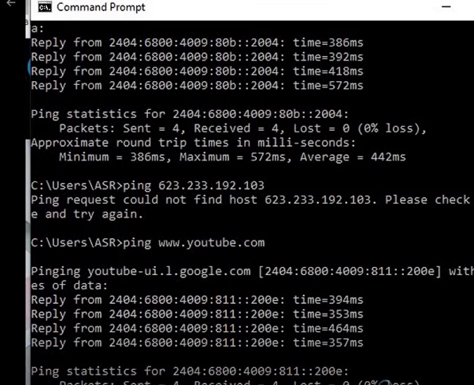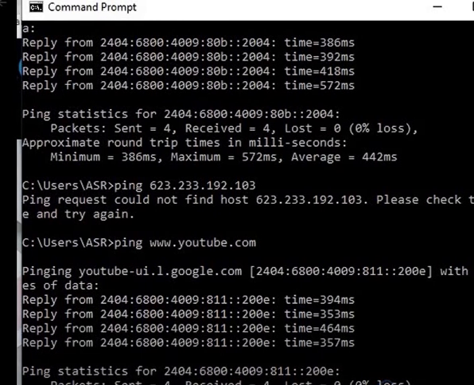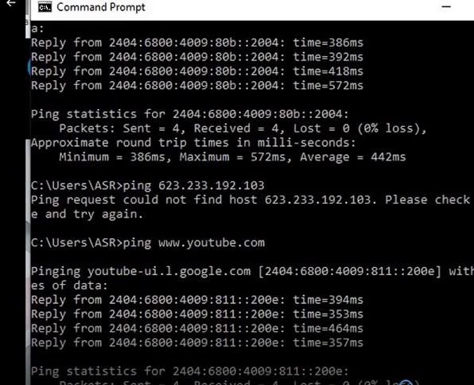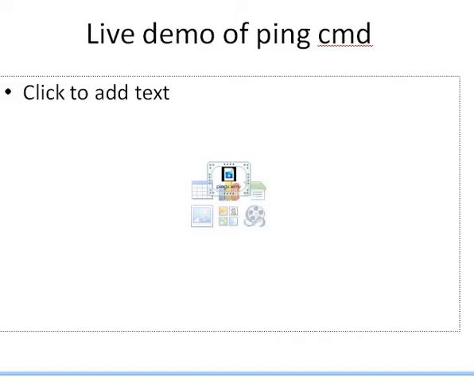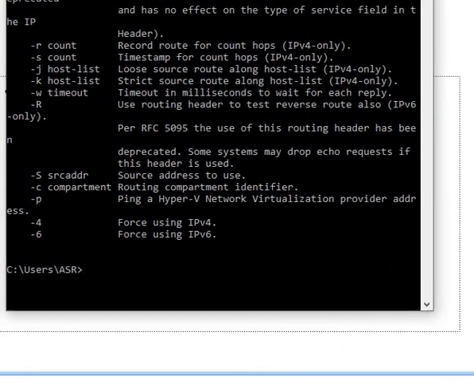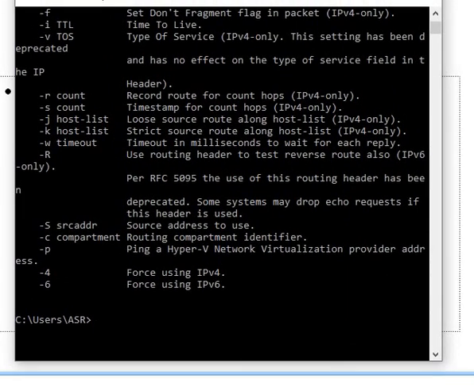Now if we want to check our own system, we will use the ping command with 127.0.0.1. We are also getting the data. It is the loopback address which is used for our own system.